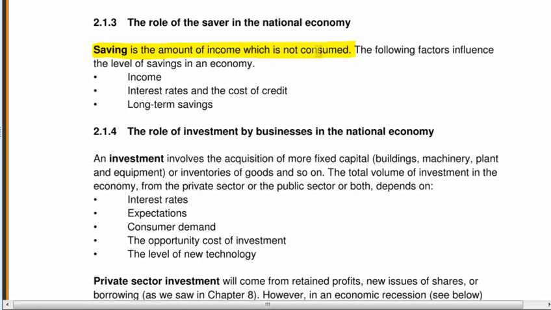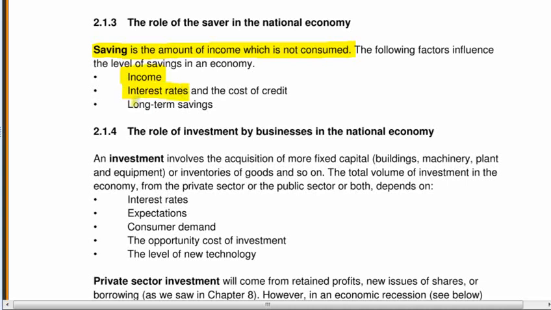So what factors influence the level of savings? Well, again, this is the reverse of consumption almost. It's the amount of income that you have. The more income you have, the more you will save. The less income you have, the less you will save. And not only less will you save, but you will save a smaller proportion of your income. So better off households, better off economies will save a much greater proportion of their income.